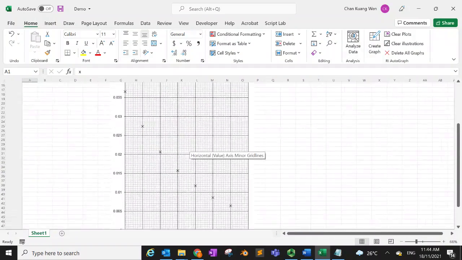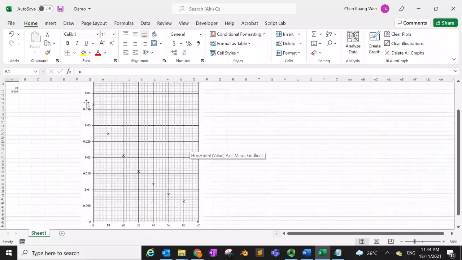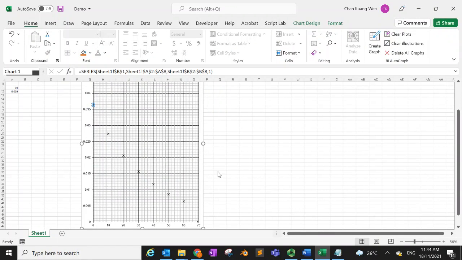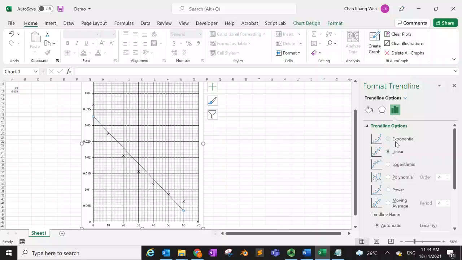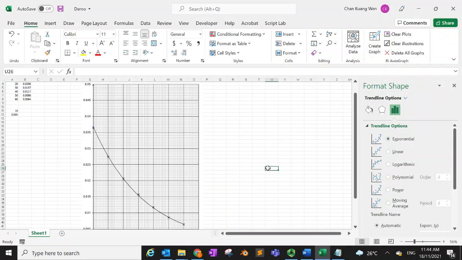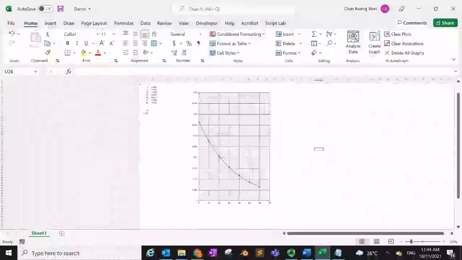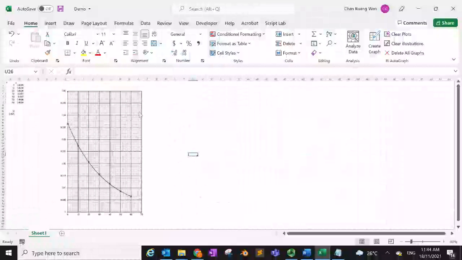So what you can do with this graph is you can plot the graph itself by adding a trend line, right, by adding exponential, right. So you can play around with the other trend lines. This is quite standard. So once we have this graph here, right, for example, if this is a kinetics graph,